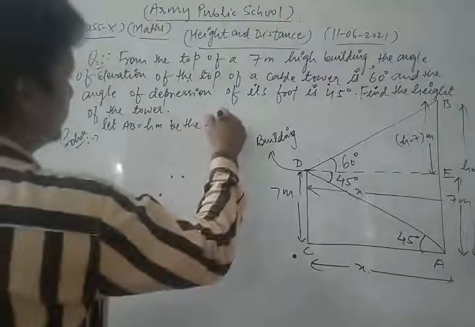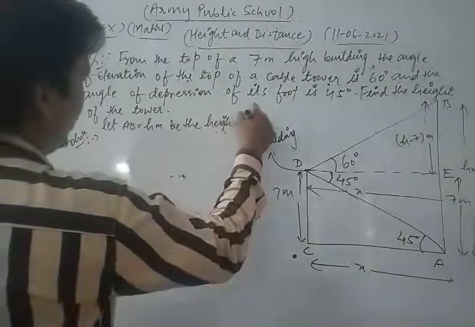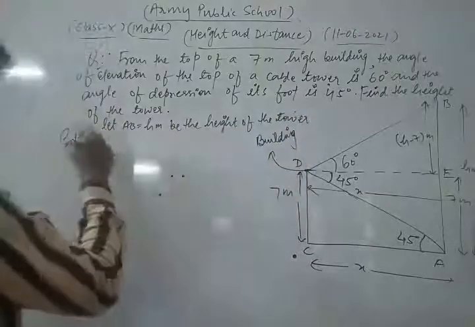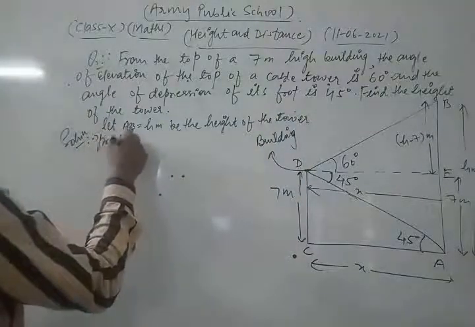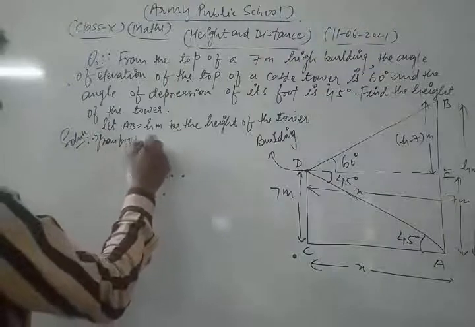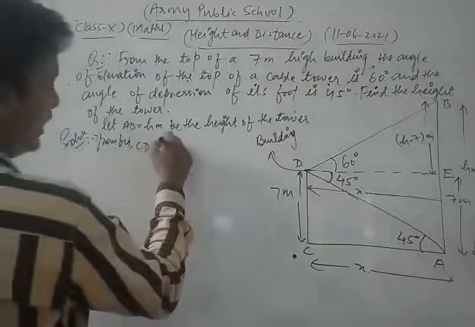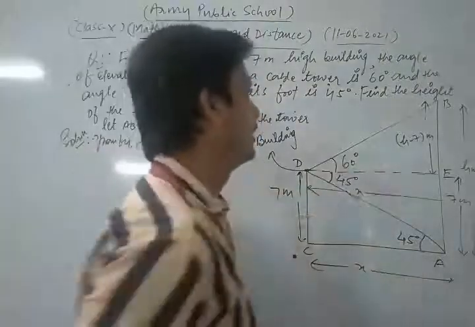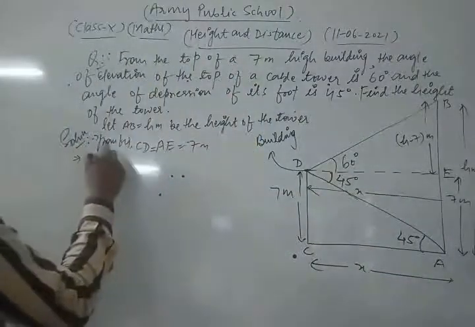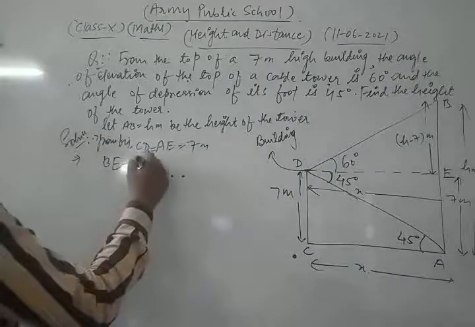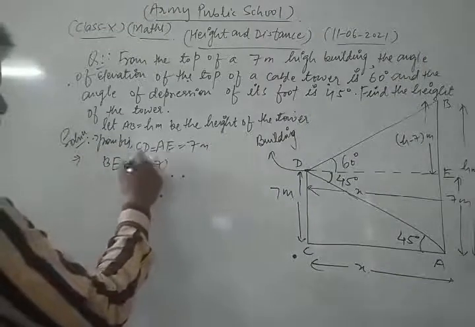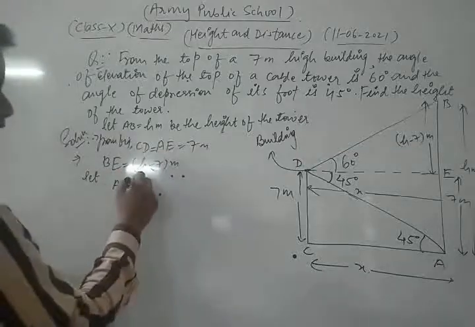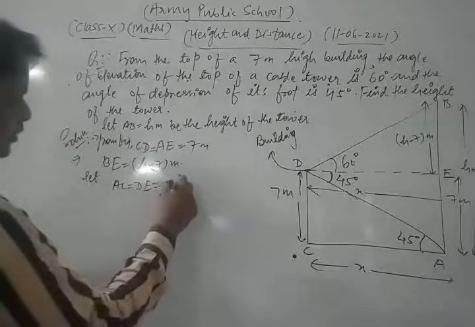From the figure, CD is equal to AE is equal to 7 meter. Then the length BE is equal to H minus 7 meter. Now again we let AC equal to DE equal to X meter,